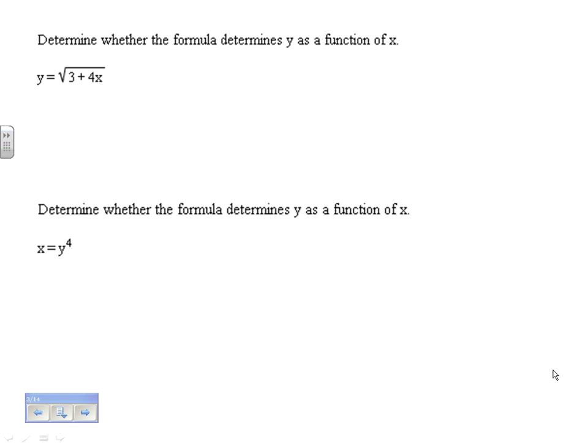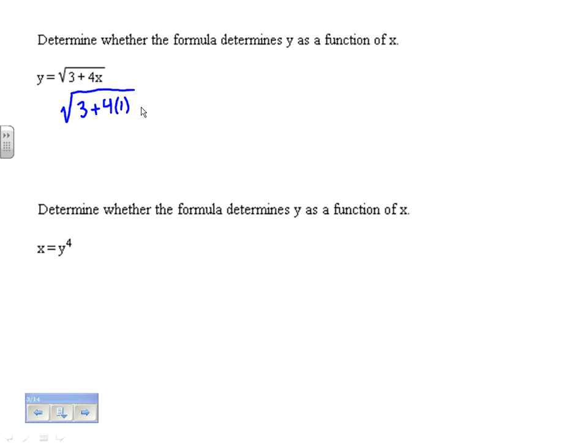So starting out with algebraically, on this first example, they give us y equals the square root of 3 plus 4x. And we need to figure out, is that a function or not? What I'm going to do is think about that and say, if I plug in something for x, how many answers will I get for y? Well, if I'm not sure, I can go ahead and plug something in just to test it out. If I want to plug in 1, then I can write it out,